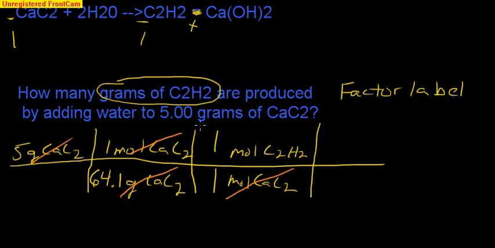Well, I'm getting close. I want grams of C2H2, so I've got to go one more step. I want to get rid of moles of C2H2, so I'm going to put moles of C2H2 on the bottom. I'll extend out my line here, and I know I want to end up with grams, so let's put this on the top. So I've got grams of C2H2 here. Now I've got to make this equivalent. So I know that my equivalency factor would be in 1 mole of C2H2. I need to find the molar mass of C2H2, and the actual molar mass of C2H2, we're going to go with